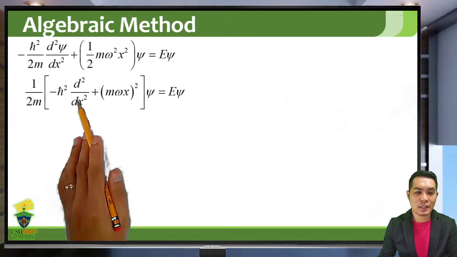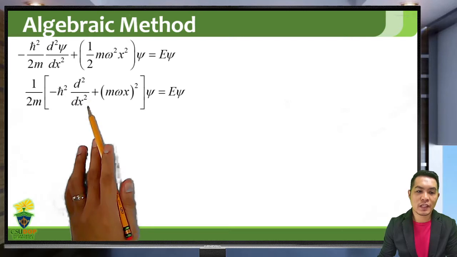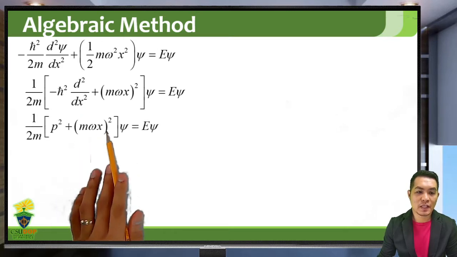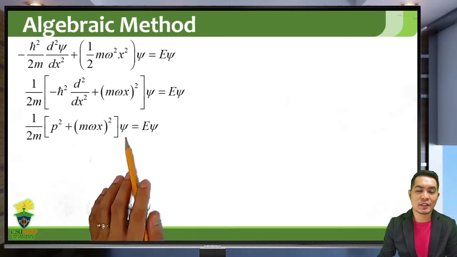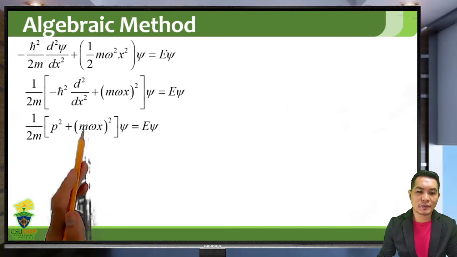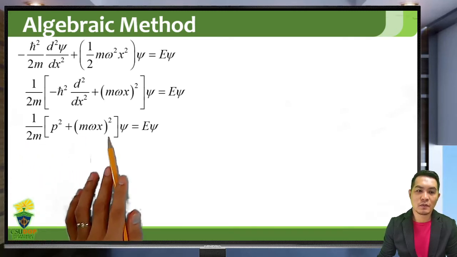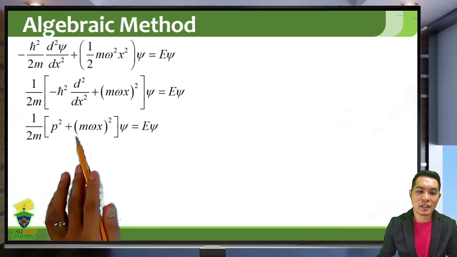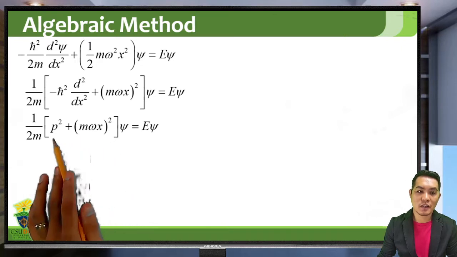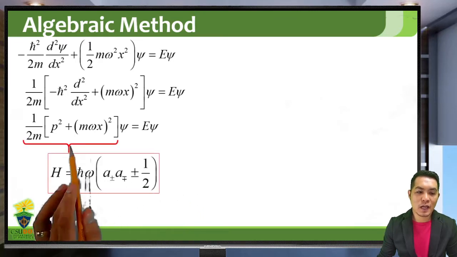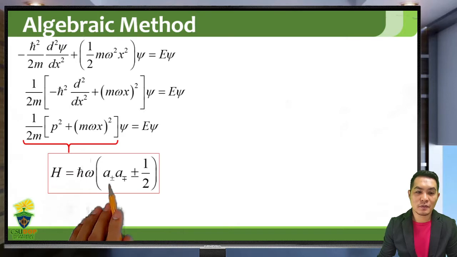And if you will notice, this term, negative h bar squared d squared over dx squared, is just the quantum momentum operator form, p squared. So p squared plus m omega x squared of psi. We want to find another form of our Hamiltonian here, and we can do that by something like taking the root of this term here. So we can actually write our Hamiltonian now in terms of these operators a plus and a minus,